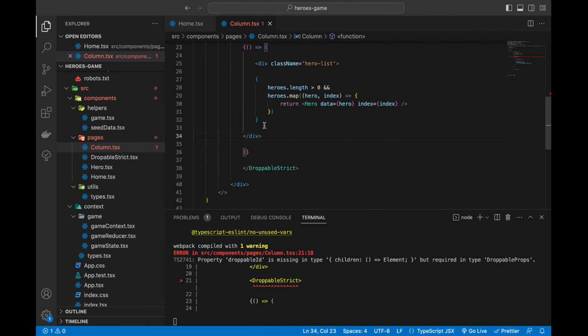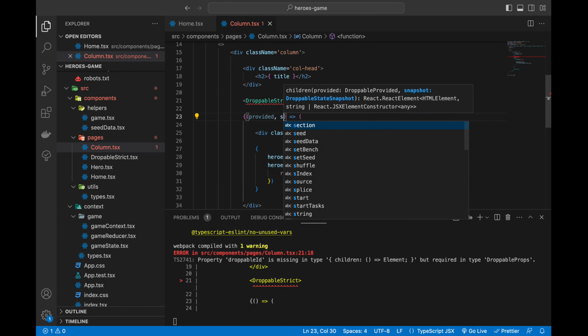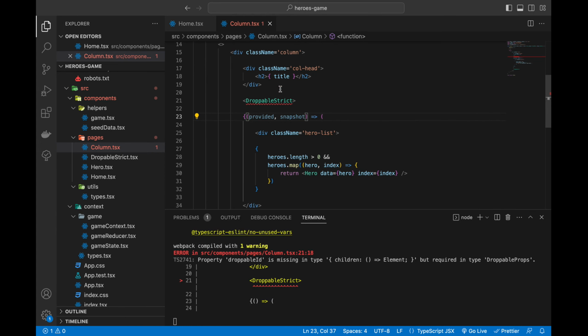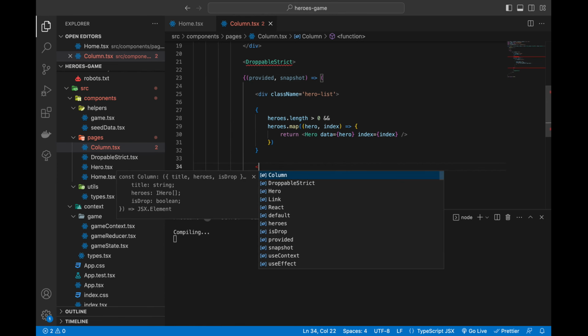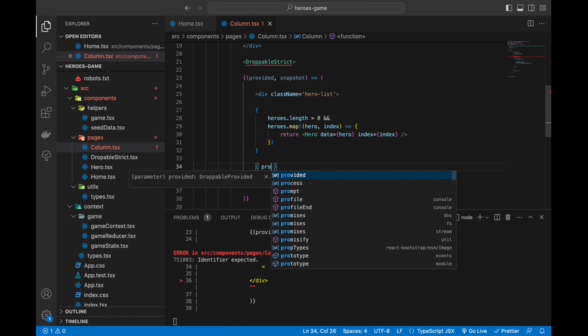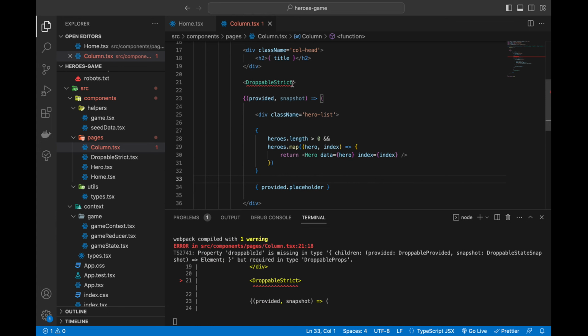Okay, with that done, we are going to have provided and snapshot here. Provided and snapshot, and we are going to add the provider. All right, so basically in the div, we're going to say it's supposed to be provided.placeholder. So there's the placeholder here. Now we're supposed to add